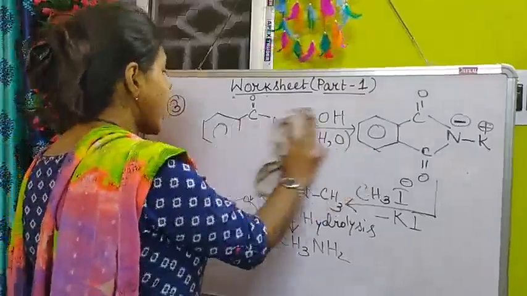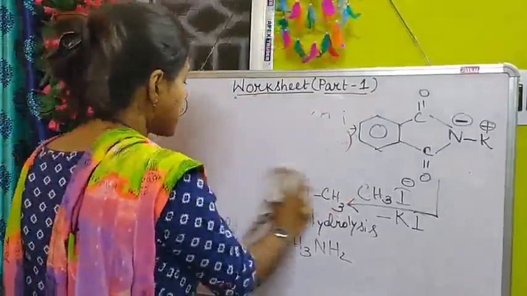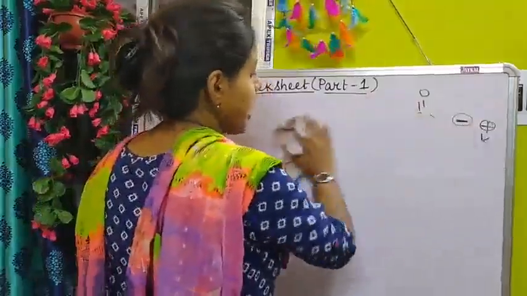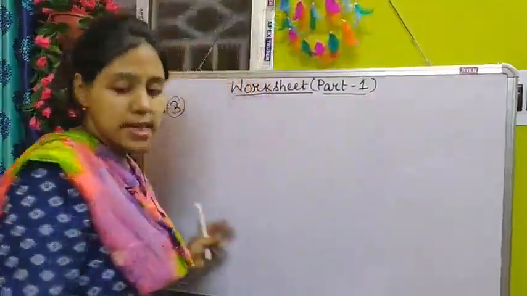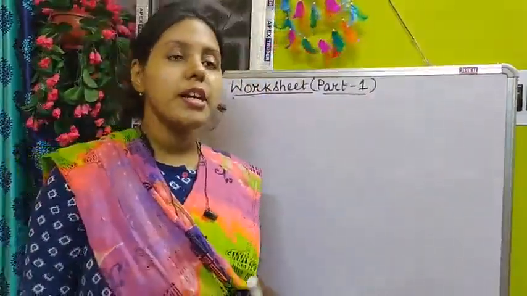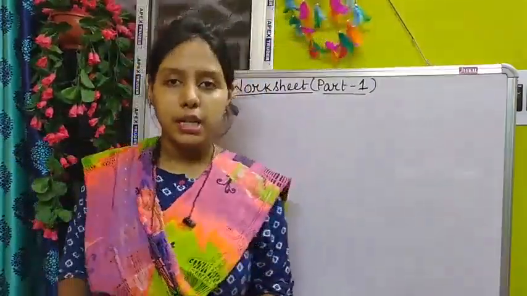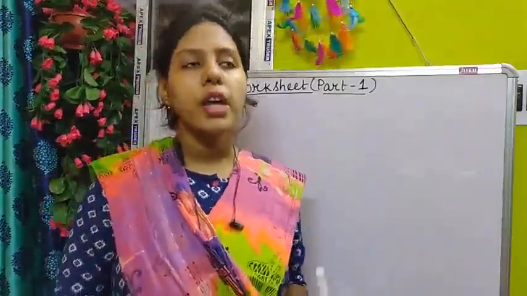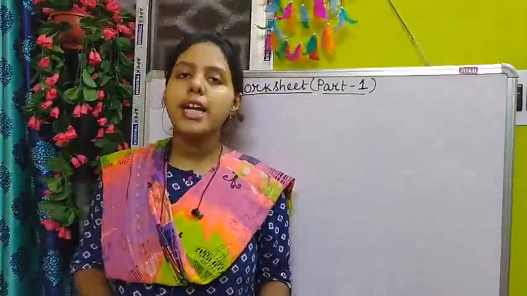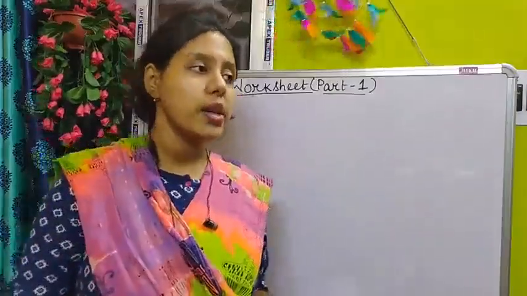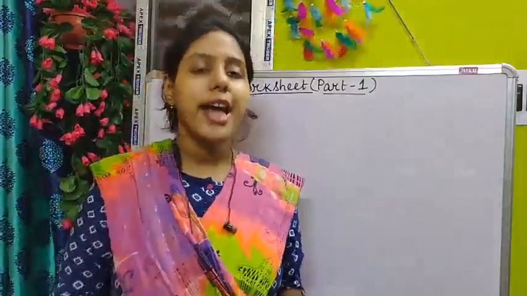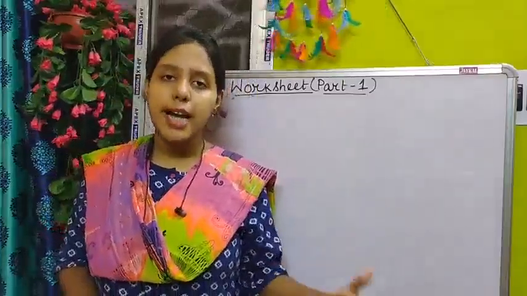Okay, next one, carbylamine reaction. So carbylamine reaction I have told you so many times. Okay, I am just telling what is carbylamine. Carbylamine reaction is normally observed in cases of primary amines, whether it is aromatic or aliphatic. Any type of primary amine, whenever it is treated with chloroform in alkaline solution, just like in presence of KOH, then it will give a compound which has a very pungent smell or odor, and that is actually the isocyanide. Just like CH3NC, methyl isocyanide.